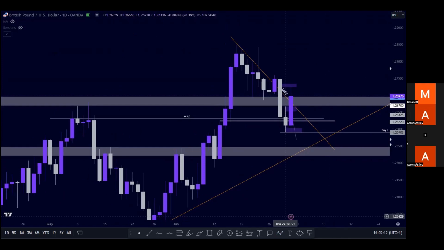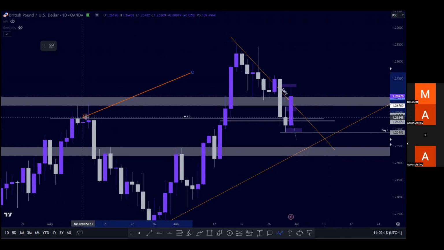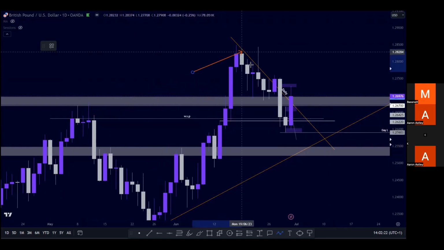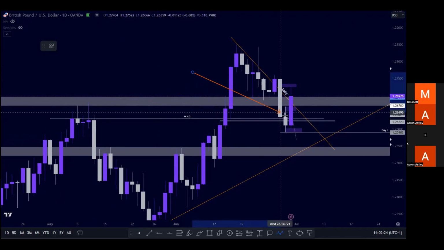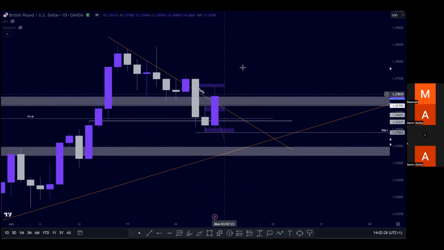points. So as you can see there, we did create this weekly structure point, which is also a daily structure point if you look at it. We had this weekly structure point. Once we broke, price came back, grabbed liquidity from there, and then you can see this move to the upside. So you can see this big, the last